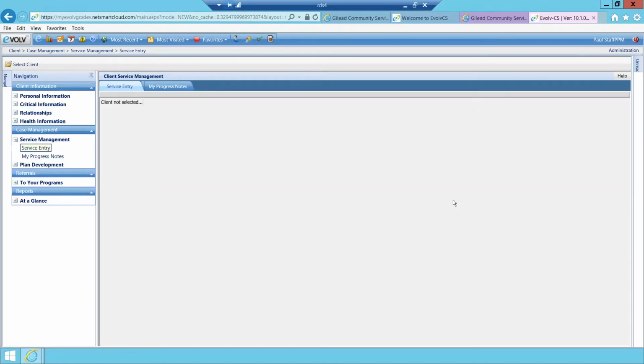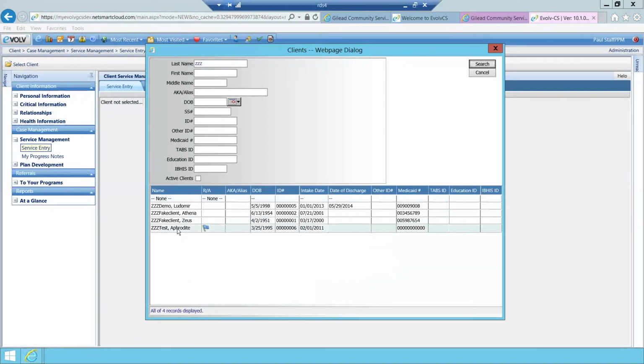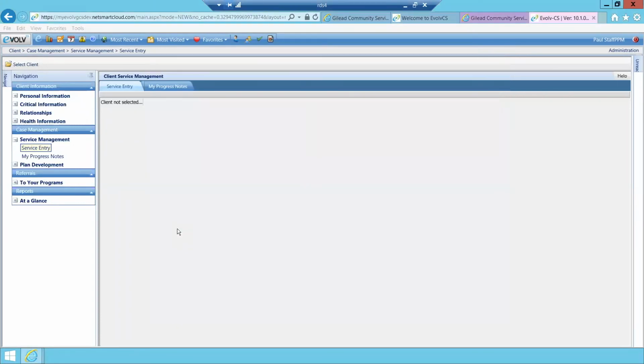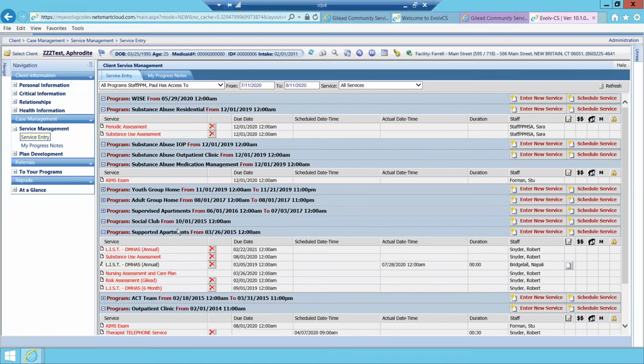Once we enter our credentials, it's going to bring us to a page that doesn't have any data on it. Just like with the live system, it's not going to show you data until you hit that select client button and search for the client's chart that you want to pull up. So I'm going to pull up one of our test clients. Now, if you're logging on to the account using your regular Evolv credentials, it should look very similar to what you would see if you log on to the live system. If you're using our PStaff PPM account,